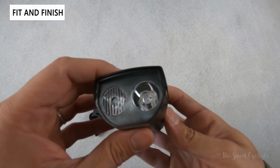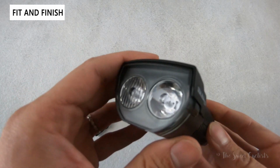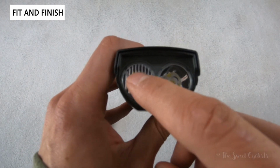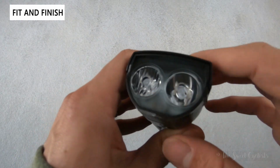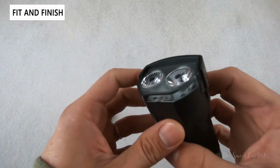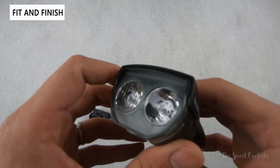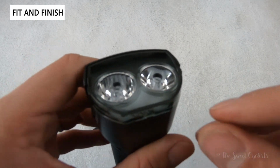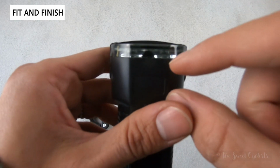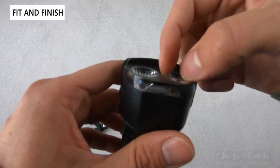The light has a dual LED setup, and you can see you have a standard cone on the front, right, and then on the left side you have these diffusers. And that helps diffuse the light. So it really spreads it out more like a flood beam, and it's great for the low mode. It's a simple total internal reflection design, so you can see very compact. You can actually peek inside, so it's reflected on the inside, and then the reflector simply pushes the light out